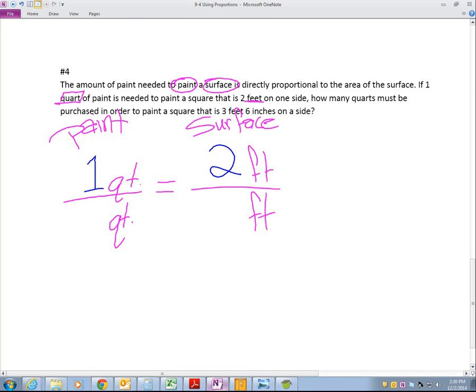Now we have to figure out, okay, one of those 2 things we're not going to know. Which one are the 2 things that we don't know? Do we not know this number or do we not know that number? Freddie? We don't know the surface? So let's see, what information have we taken care of? We've taken care of the 1 quart here. We've taken care of the 2 feet here. How many quarts must be used? Look, how many quarts? Keywords, variable. Let's do Z. There. Z quarts.